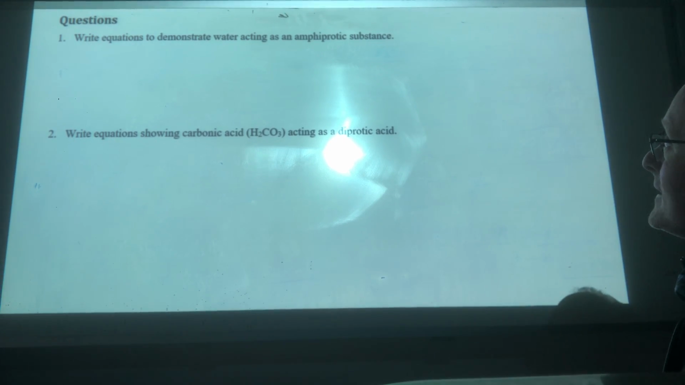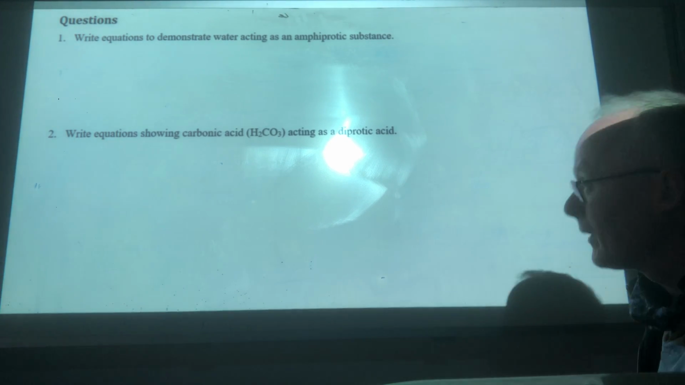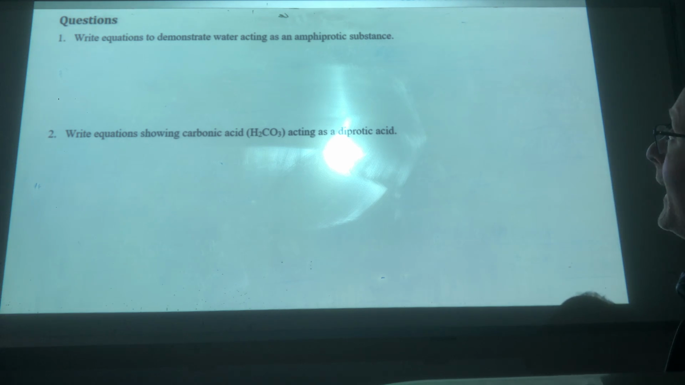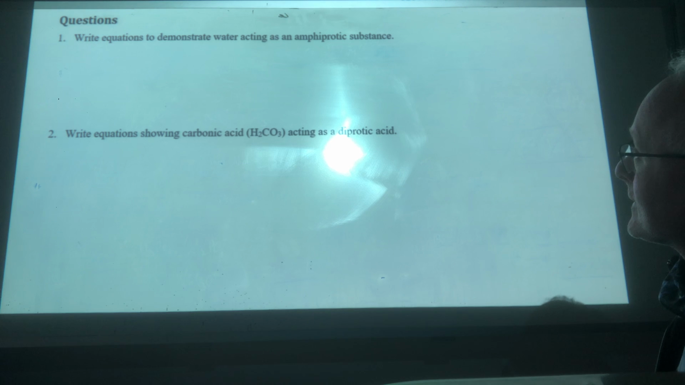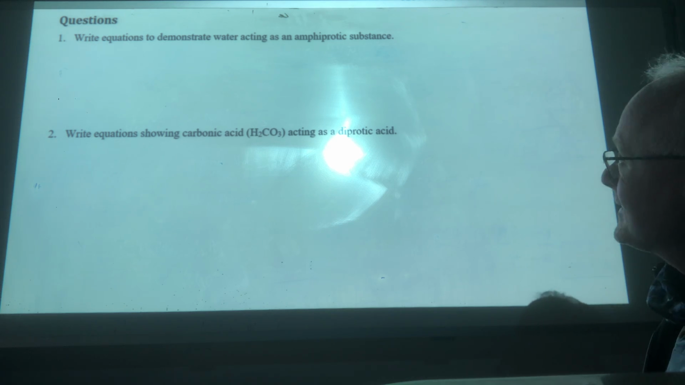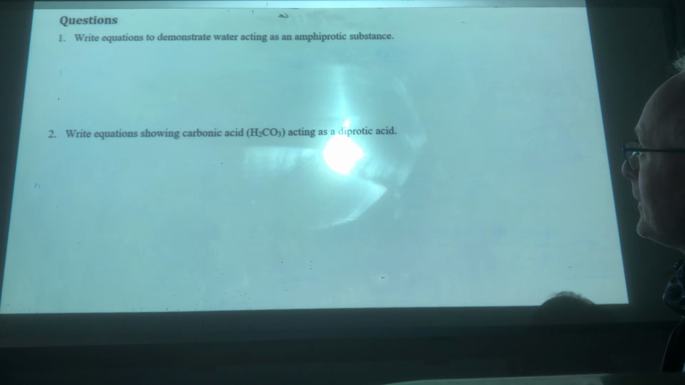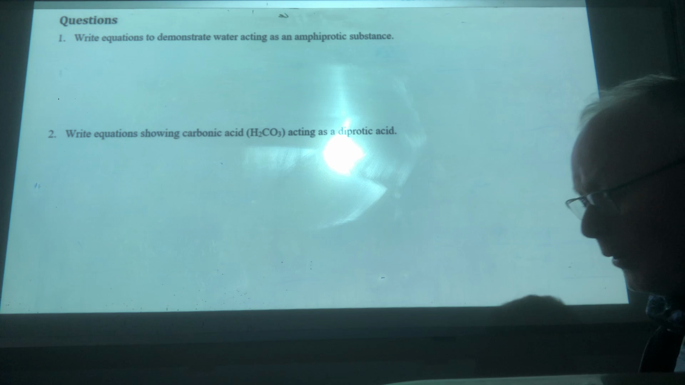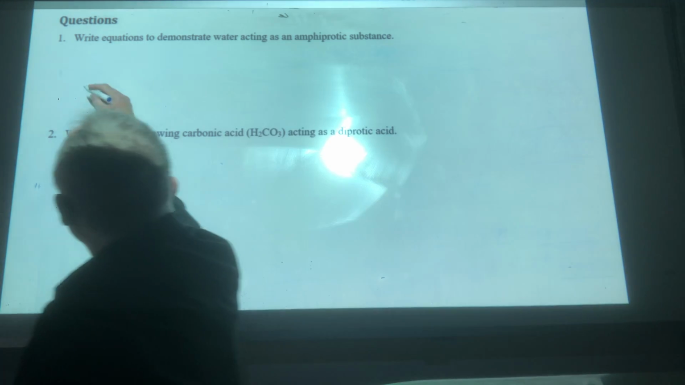Water acting as an amphiprotic substance. Okay, that means water acting as an acid and as a base. So we'll write one equation in which water reacts as an acid, one equation in which water acts as a base. So if we want water as an acid,